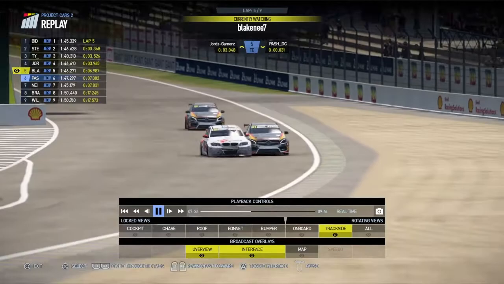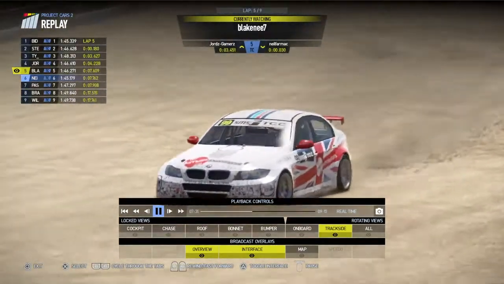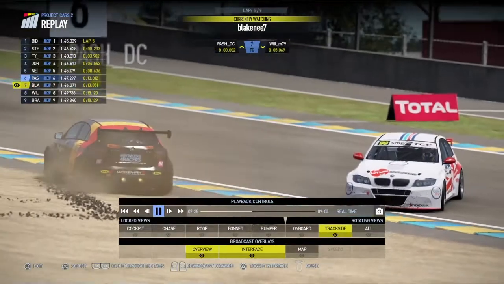And it goes up towards the chicane. Contact! How did he come across on him there? Just comes across on Pash, and Pash into the wall. Blakeney had all that room. I don't see why he should have come across there. He should have been a lot more to the other side. And, oh no, Pash just...